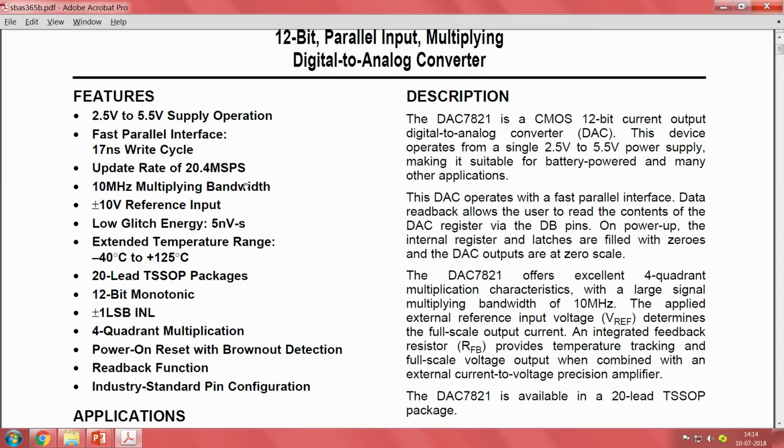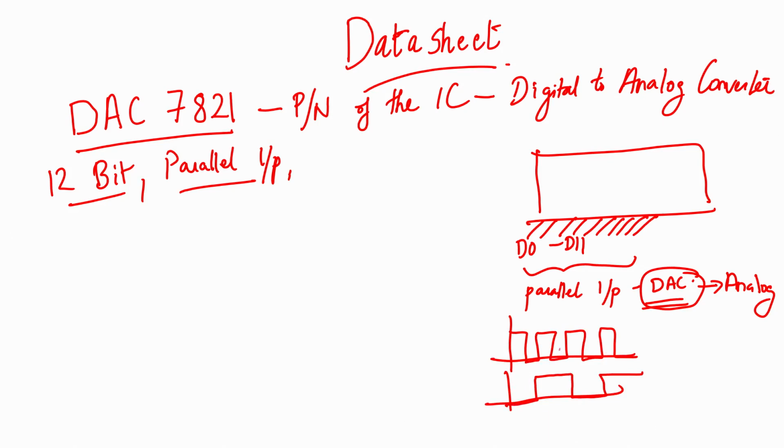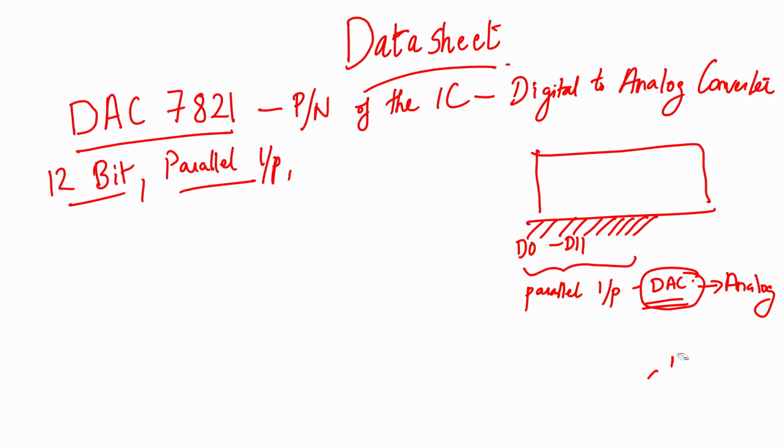The multiplying bandwidth, in the sense, because we had seen the digital inputs, how each bit looks. One bit will be like this, one bit would have a lower frequency like this, correct. In the conversion we have to multiply it with 2 raised to 0, 2 raised to 1 and so on. This is how the multiplying type DAC will work. So, the bandwidth for taking into account these fast changing signals is what they have mentioned in the data sheet.